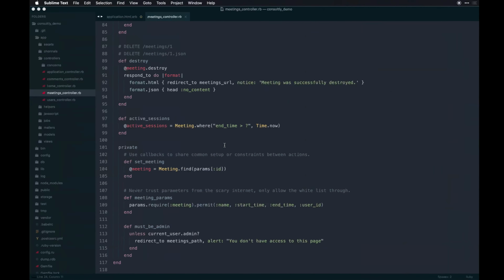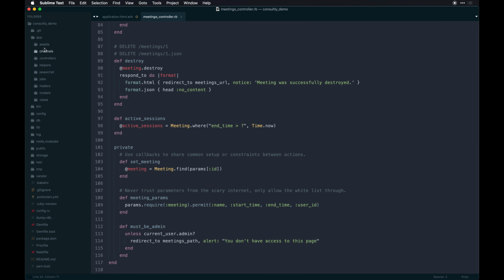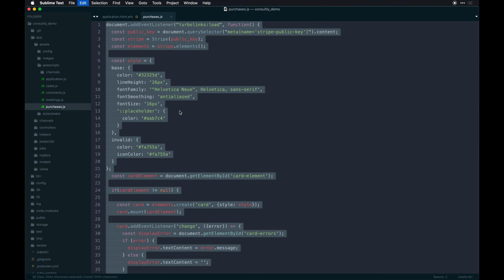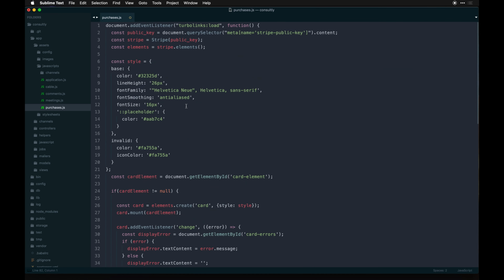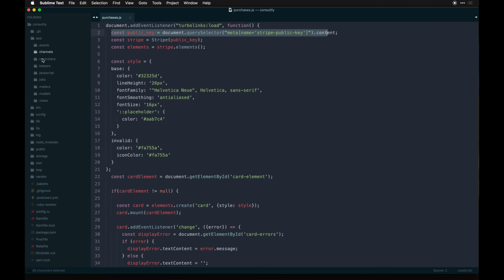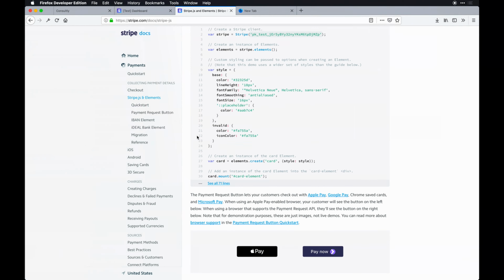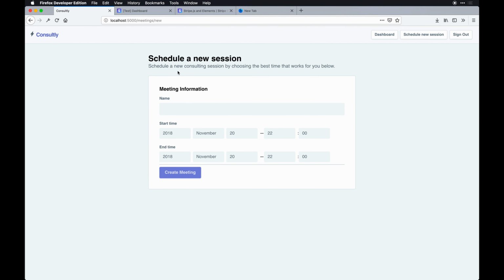So what I'll do is add some JavaScript around that just by referencing my old project, because I don't want to spend way too long on just JavaScript. This is Rails specific stuff, but I'll talk through it. So we're waiting for Turbolinks to load like normal, and then we're going to get our public key based on that meta tag we added to our layout file, which, if you remember, is what we had again in the source, that meta tag